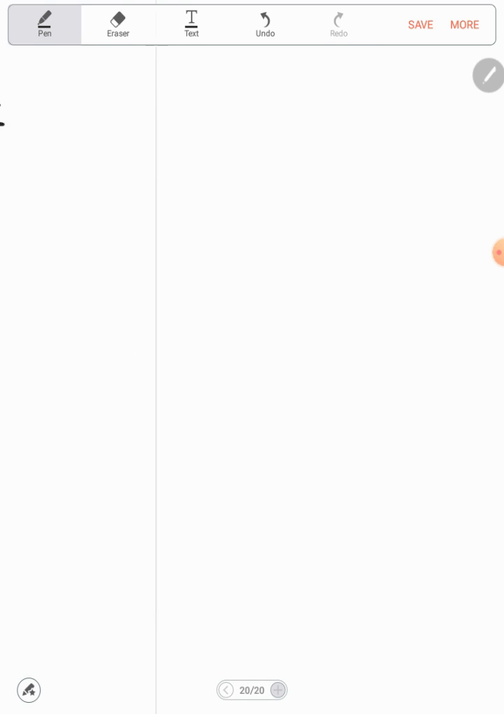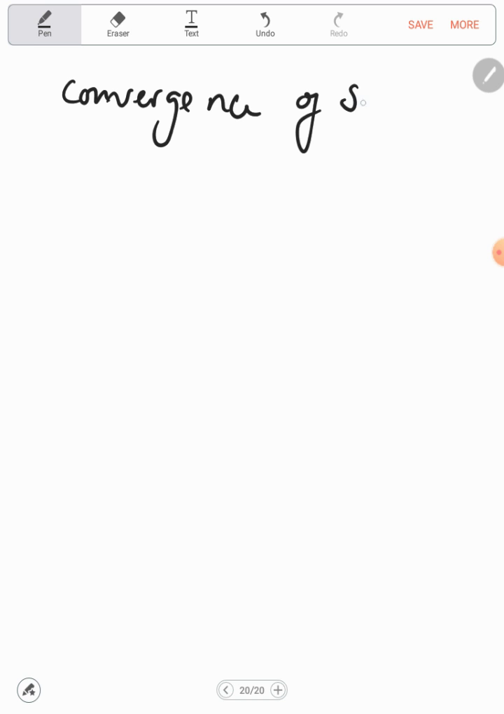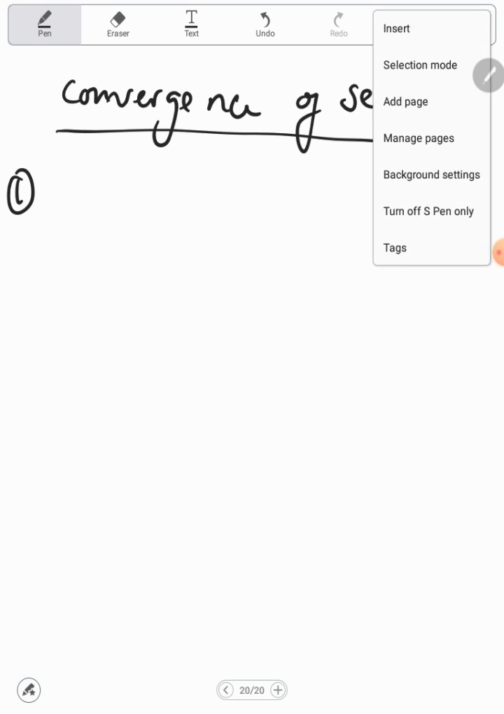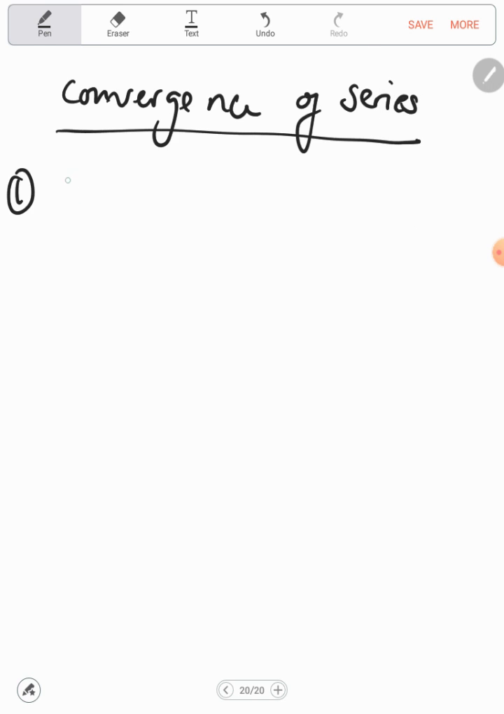Okay, so the next thing that we're going to move to is actually the convergence of a series. So we have different tests that we use for the convergence of series. The first one is the alternating